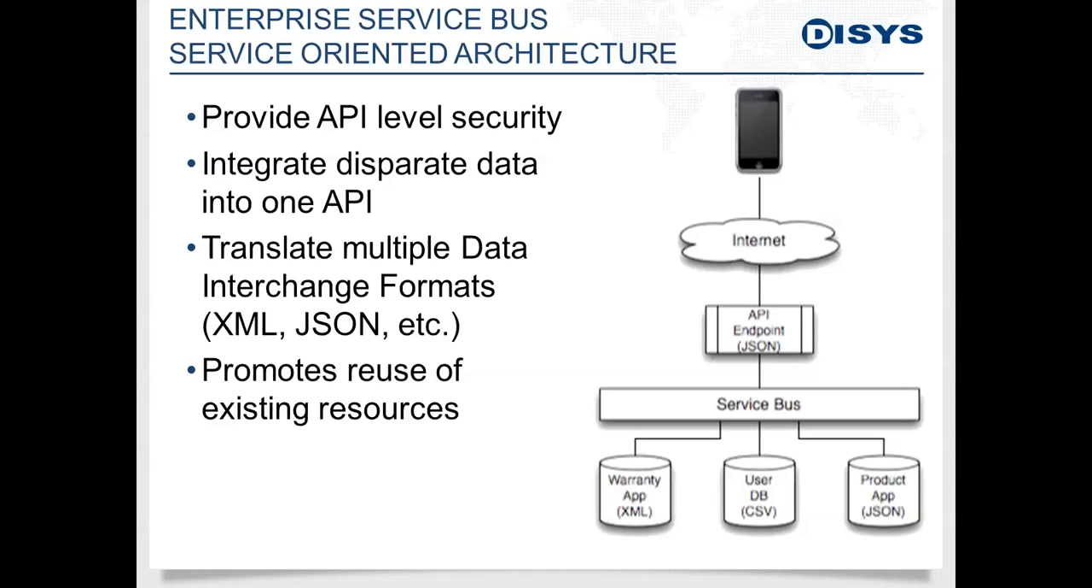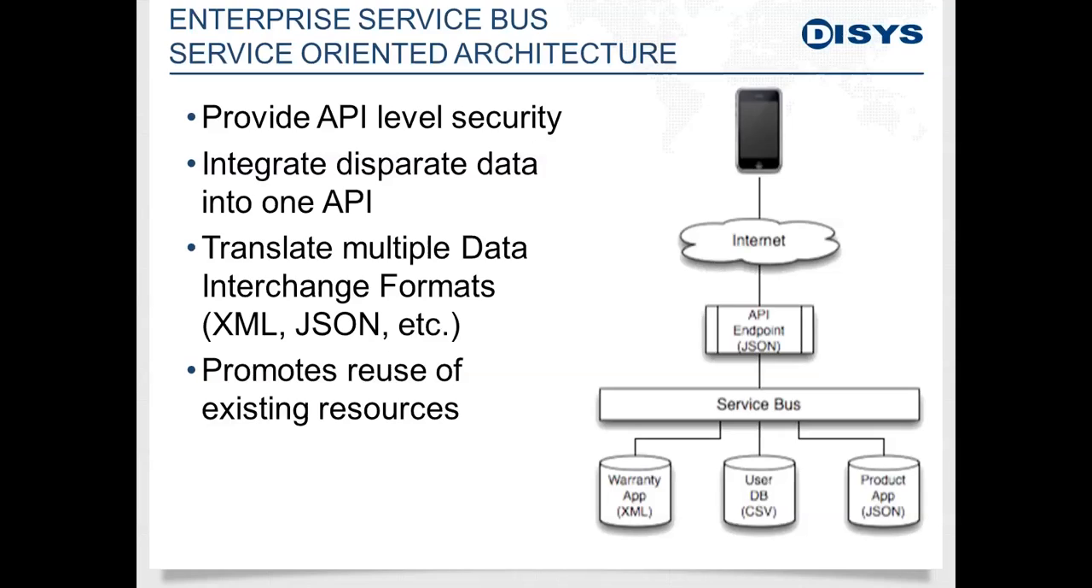And so one of the ways to accomplish this is to use an enterprise service bus or a service-oriented architecture. Some of the advantages of that system is that you are able to provide API level security. So you can control the security in a different way than the individual underlying applications could, either to restrict or to enable more functionality. It allows you to integrate disparate data into one API, and also allows you to translate multiple